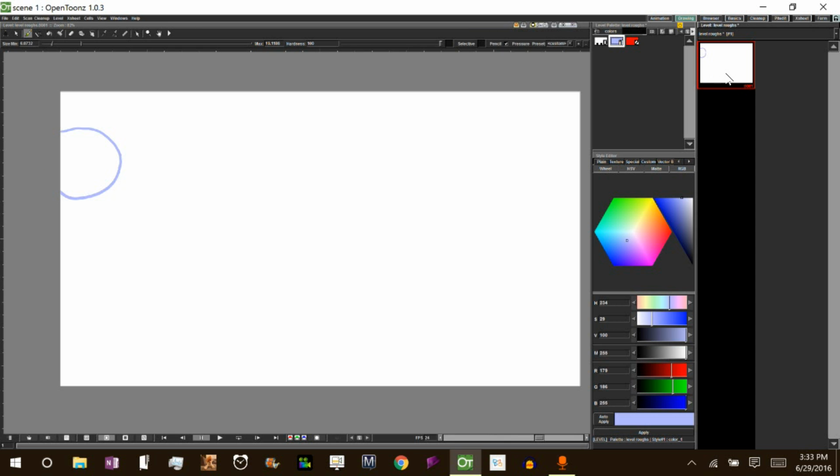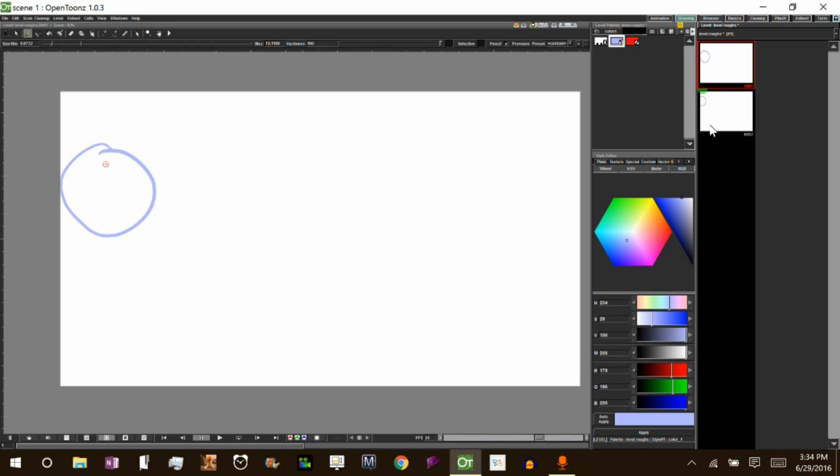Okay? Now we're going to right click and insert. I have it set to shortcut I. So we go ahead and click insert, and whenever you insert, it's going to insert the new drawing above the one you had selected. And we don't want that right now. We want to have it show up below. Now, the order does not matter here. If I wanted to have the next drawing above this one, so for instance, the ball's coming down, here's our first one, here's our next one, right? I could do that. But